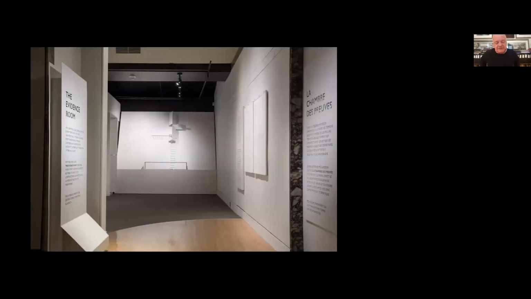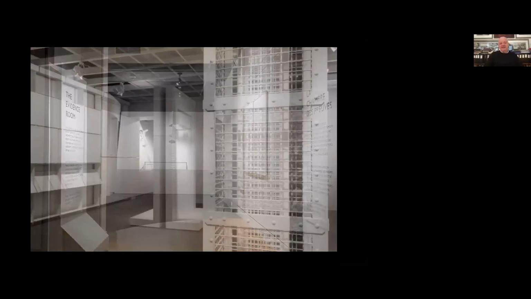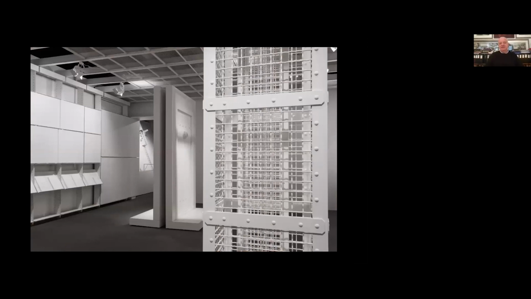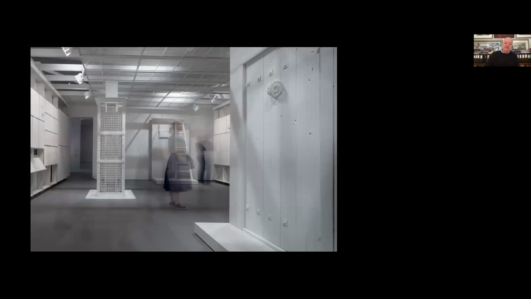So the evidence room was in Venice, then it has been at various other places. In Toronto, it was up for 2 years. Here we have an extra anteroom showing also a model of the crematorium. This is looking back to the entrance. You see the gas column in detail now. You see the gas door with 2 sides separated, the perpetrator side and the inmate side, because of course they are separated by a universe. And here a somewhat ghostly picture of that room.